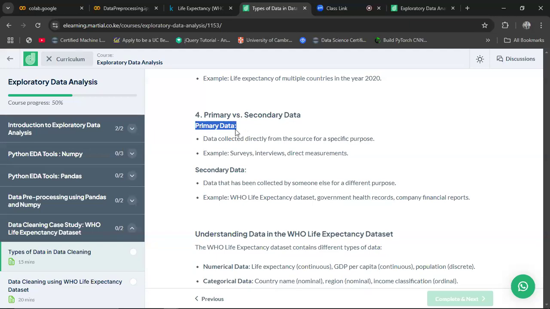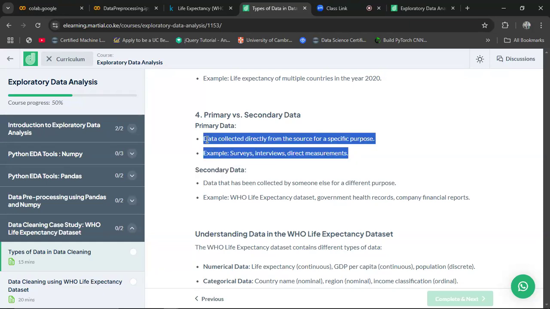The only disadvantage about primary data is that they are expensive. You need to prepare on how to conduct the surveys. You need to prepare for the interviews and questionnaires. You need to prepare to collect the measurements direct from the source. And this could also be time consuming. So you're going to notice that